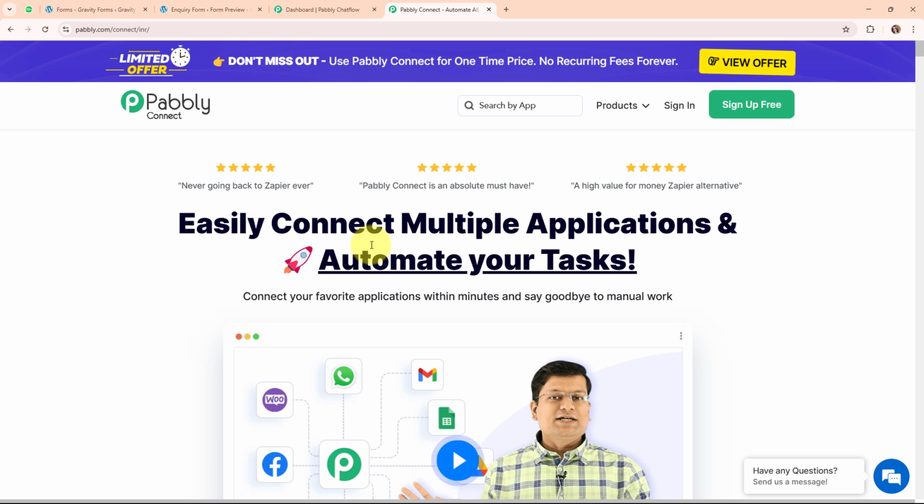them work together seamlessly. You can set it up to do things automatically like updating customer info across platforms or sending notifications when something important happens. It's really easy to use and saves you tons of time that you can spend on more important stuff. So here on my screen, you can see Pabbly Connect's homepage, and you can visit it by simply browsing for the URL